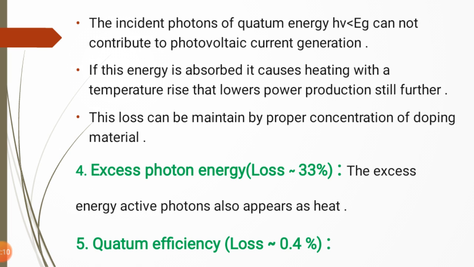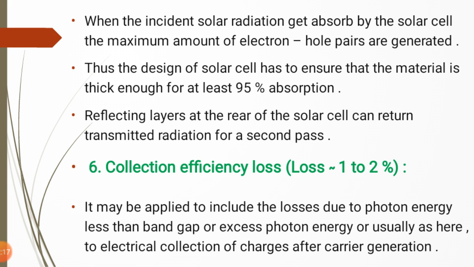Next parameter is the quantum efficiency, and the loss due to quantum efficiency is nearly about 0.4%. When the incident solar radiation gets absorbed by the solar cell, the maximum amount of electron hole pairs are generated. As we discussed in the working principle of the solar cell, when sunlight is incident on the solar cell, the sunlight consists of different photons, and if a photon has energy equal to the band gap of that particular semiconductor material, then this photon gets absorbed by that semiconductor material, and there is the formation of